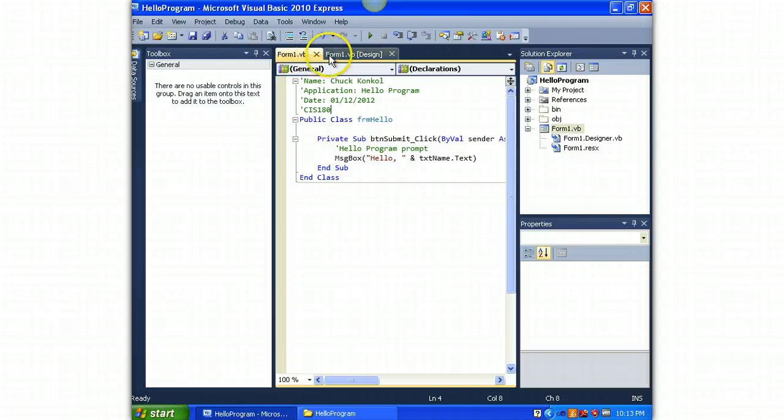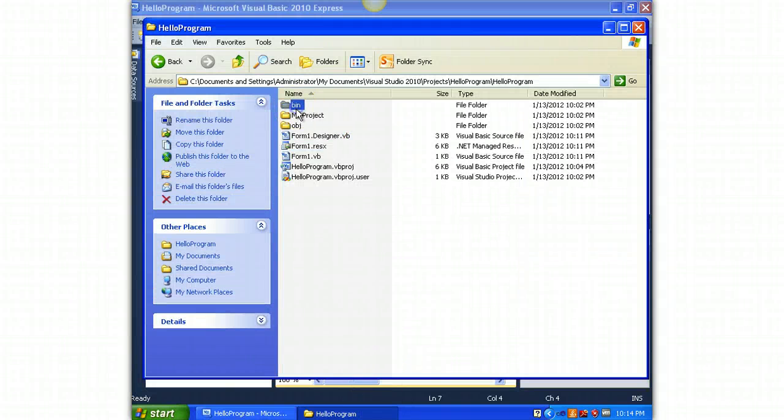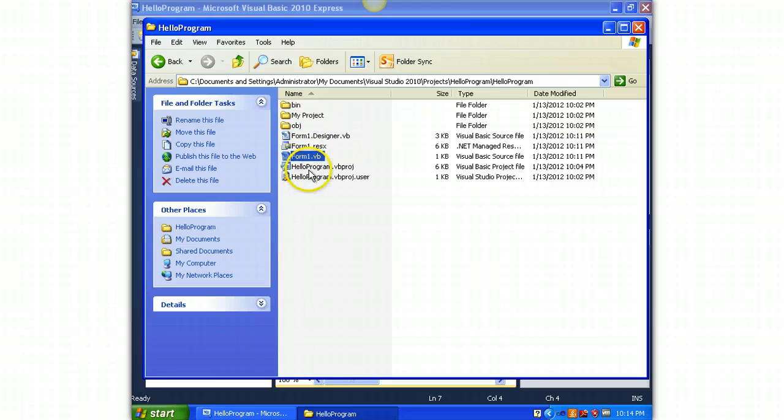The .vb is the code view, and you'll notice it says here at the end of this string, if I hover my mouse over it, that this is the .vb form or code view where you type in the code. The next one is the actual design. It says design at the end in brackets. But let's go back to the folder here. So there's my form, the Hello program project files